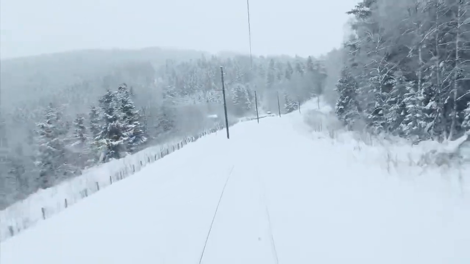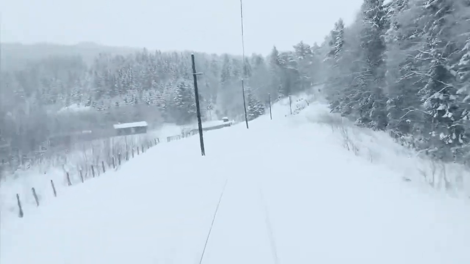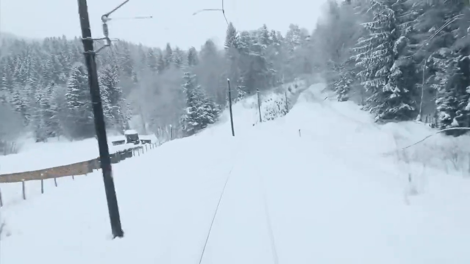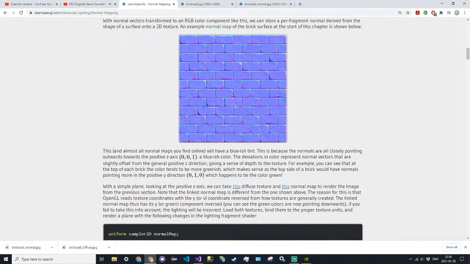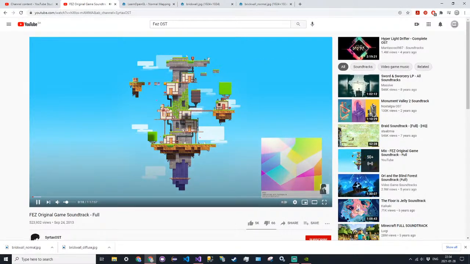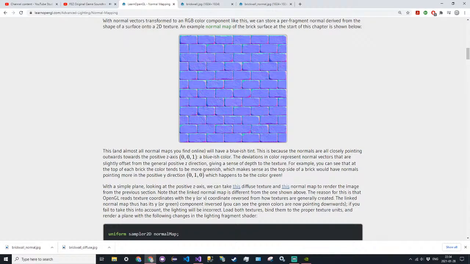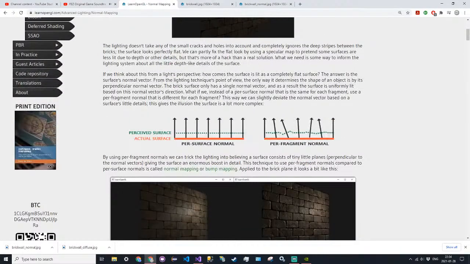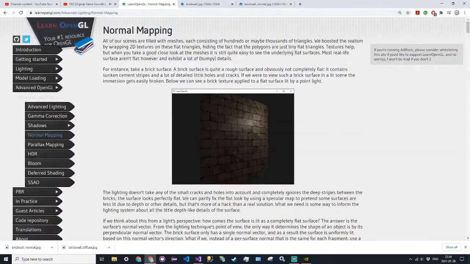All right, well, let's get right into it. Welcome back to OpenGL. Today we're going to be doing another lighting video. We'll be doing this, and then I think a few more lighting concepts, and then we'll be able to move on from lighting. But anyway, we're going to be looking at normal maps today and how they can affect and make lighting more